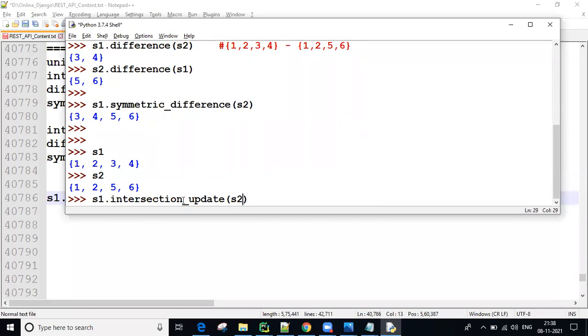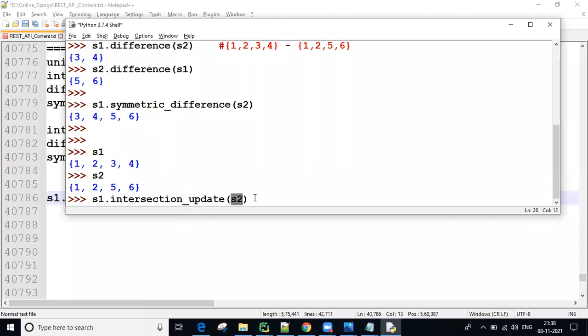That 1, 2 will update on S1 data. The result of intersection is 1, 2. Where will that 1, 2 update? On the first set, the beginning set. In set 1 we already have 1, 2, 3, 4. Now 1, 2, 3, 4 will be updated by the intersection result, 1, 2. So finally in set 1 only 1, 2 is available.